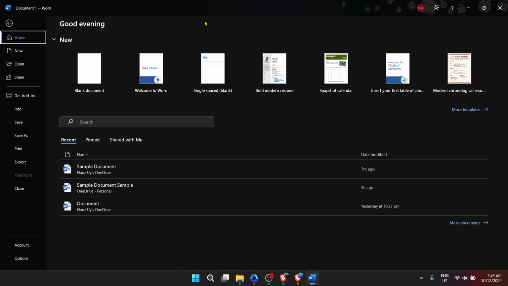After you've poured your thoughts, research or creativity into the document and it's time to save your work, you'll want to ensure you don't lose any of it. To save your document, simply look towards the upper left corner of the Word application. Here you'll typically find a small floppy disk icon, an old school symbol for saving files. If the icon isn't immediately visible, don't worry. You can also click on the File menu found in the top left corner, then select Save from the drop-down